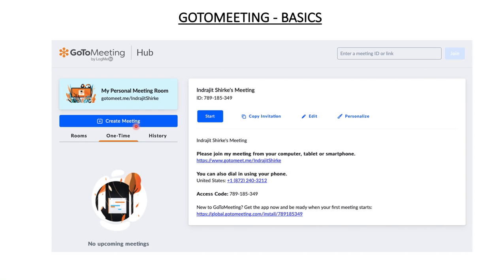So based on your different purposes, you could use a create meeting tab, or you could use your same tab if you have the same meeting going on again and again. So here you could see the first tab, it's rooms. So normally if you are conducting a meeting just for one time, you could press on create meeting, conduct the particular meeting, and then it's done.